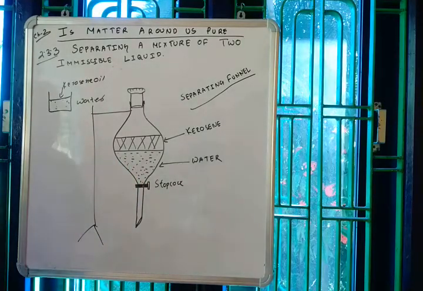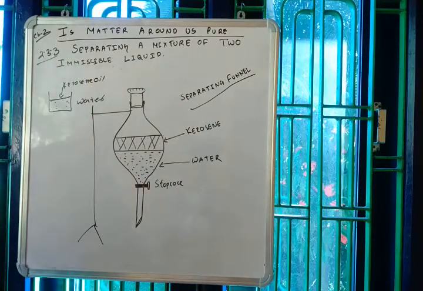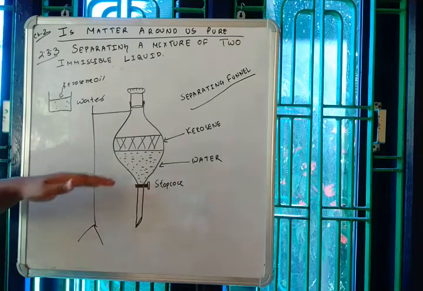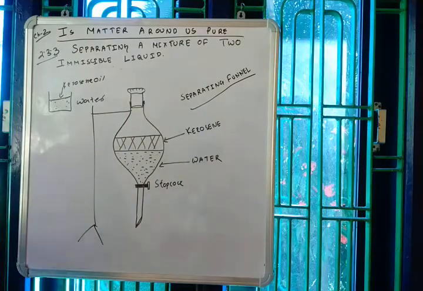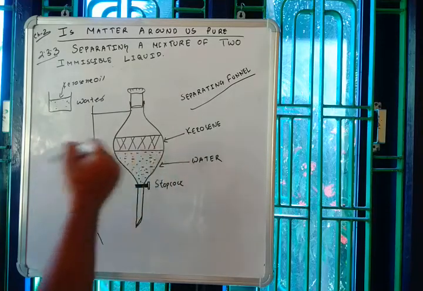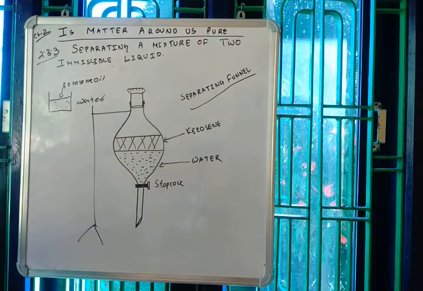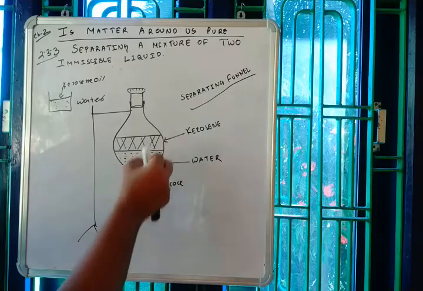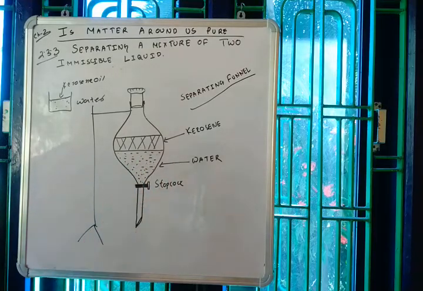After settling for some time, say 30 or 40 minutes, you will see that there are two clear liquids with a very sharp boundary. As we know that oil is lighter than water, oil will float on top of water. So now we have two separate layers of liquids. First is the layer of kerosene, second is the layer of water. After forming two very distinct layers, you will open the stopcock and let the water flow through.